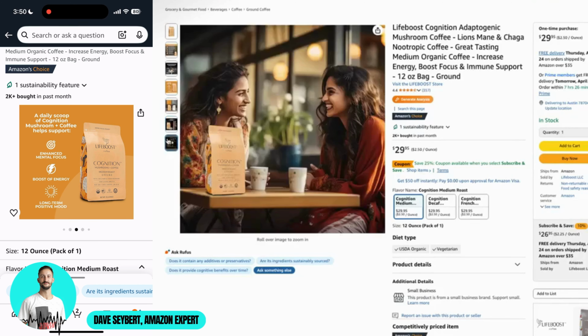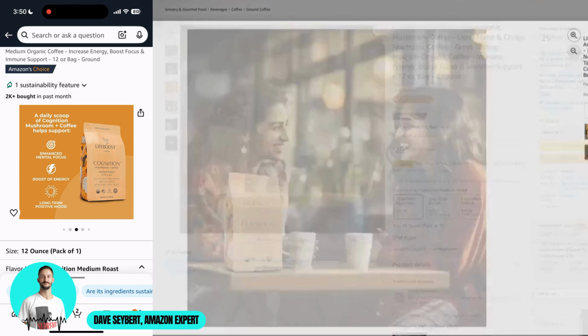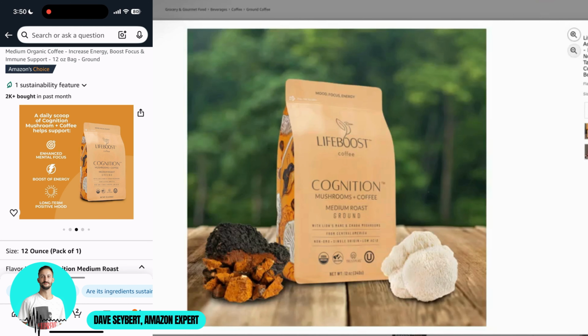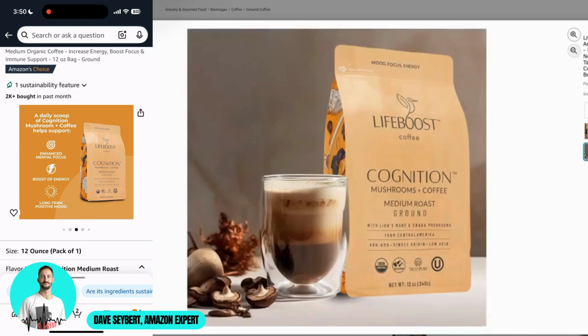All right. Next, we've just got a little AI looking lifestyle image. No comment. Looks like they just ran out of ideas. All right, we've got another one, just the product kind of rendered onto a table with some mushrooms on it. And then same thing. Looks like we just kind of ran out of ideas to put information in here,